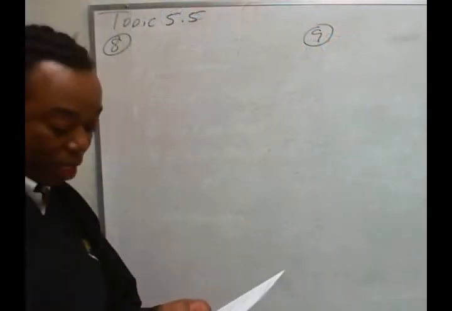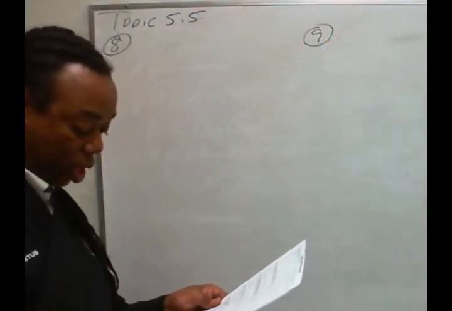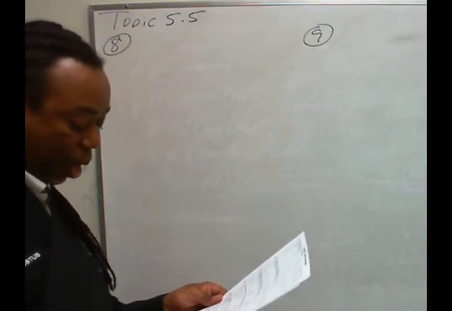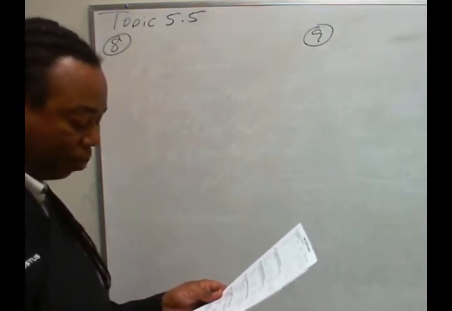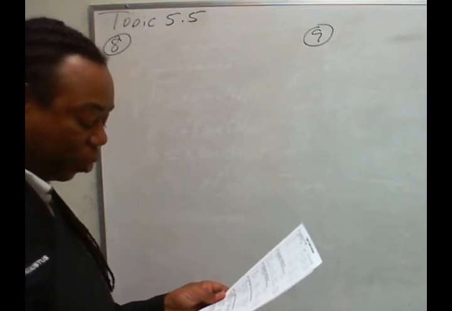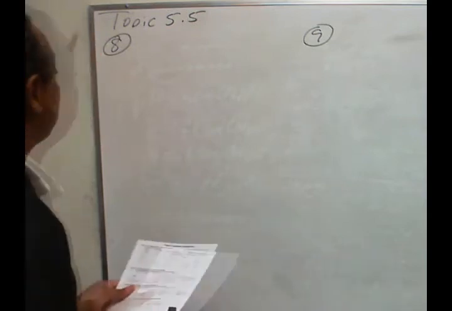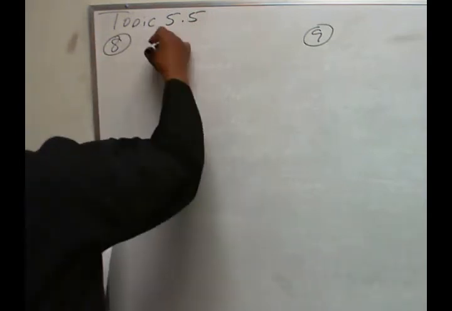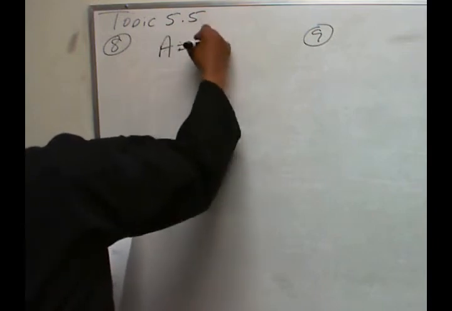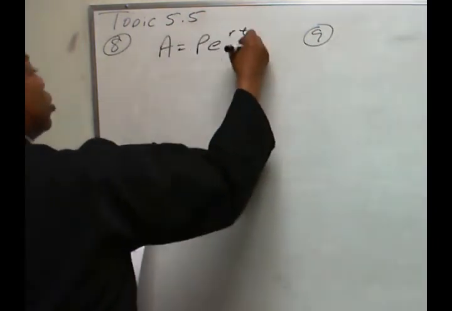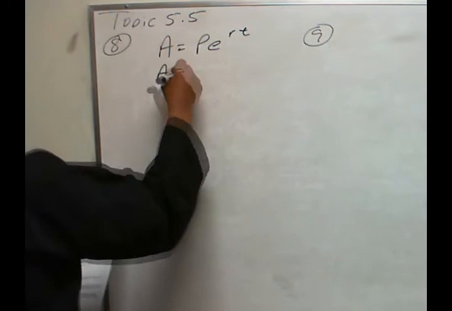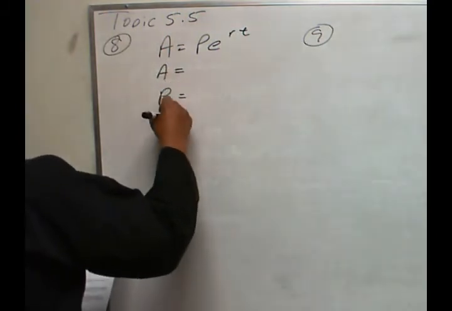Number 8. How many years would it take to make 10 times your investment if it is compounded continuously at a rate of 12%? Compounded continuously means you have A equals P e to the RT. So we'll find A, P, R,